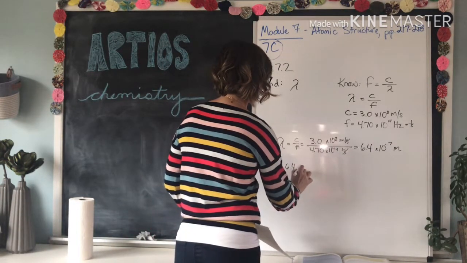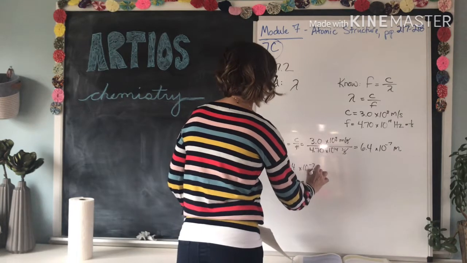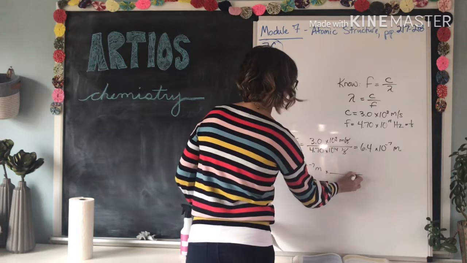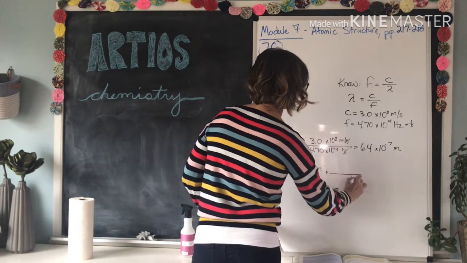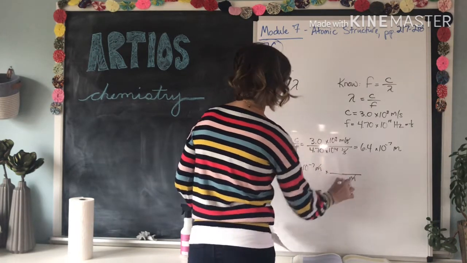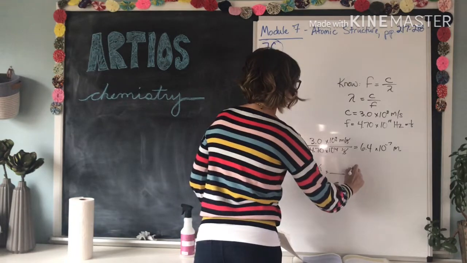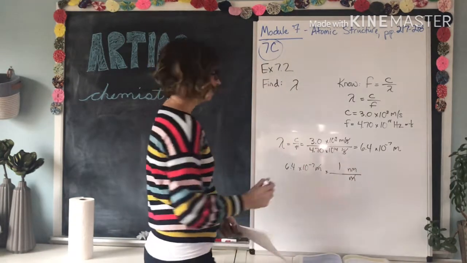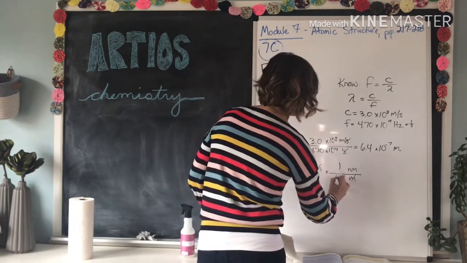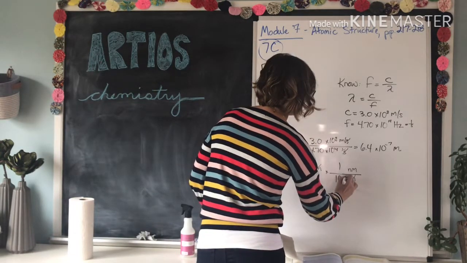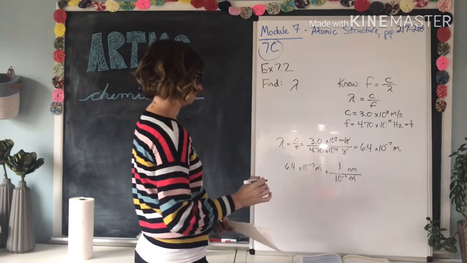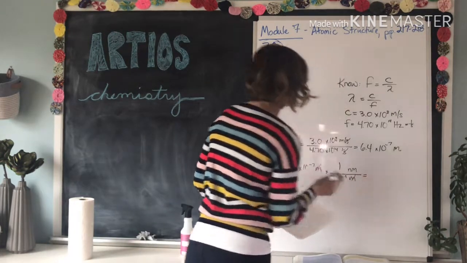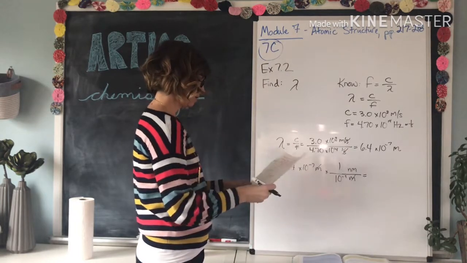So 6.4 times 10 to the -7th meters, and I'm going to multiply it by my conversion factor with meters on the bottom this time because I want meters to cancel out. Nanometers on the top. I know that 1 nanometer is equal to 10 to the -9th meters. Okay? So my answer would come out to be